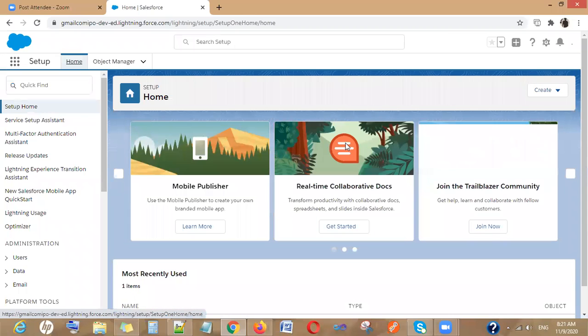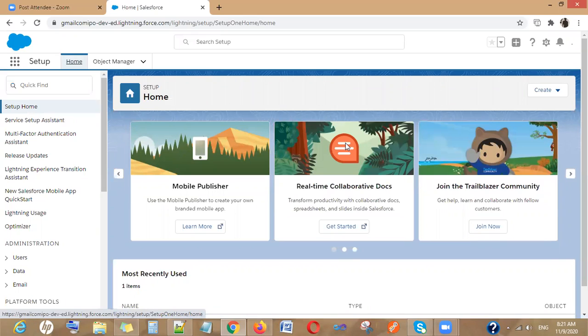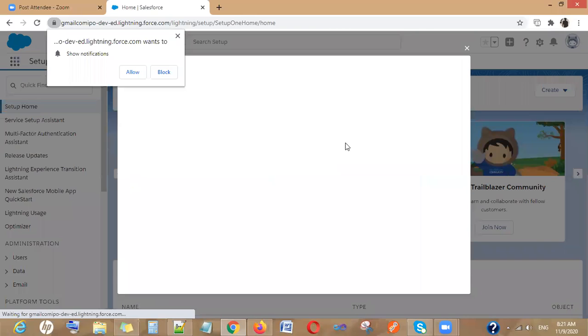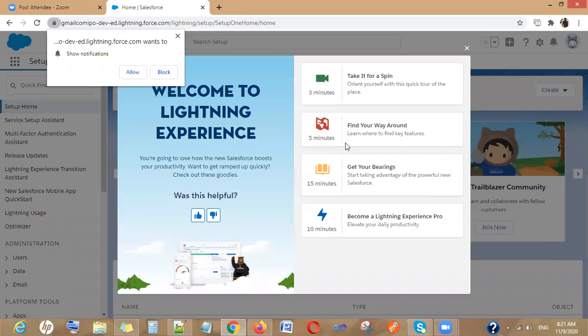So basically, what we are going to discuss today is single sign-on integration. In this single sign-on integration, we will see the IDP-initiated single sign-on integration and the service provider initiated single sign-on integration. We will also see how we can debug the issues using the